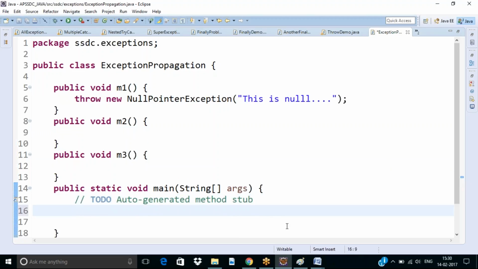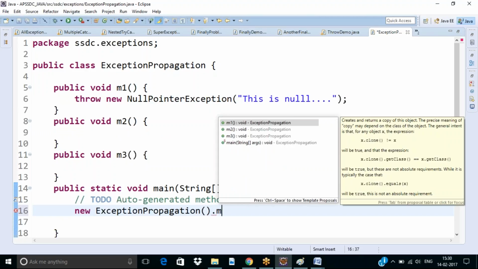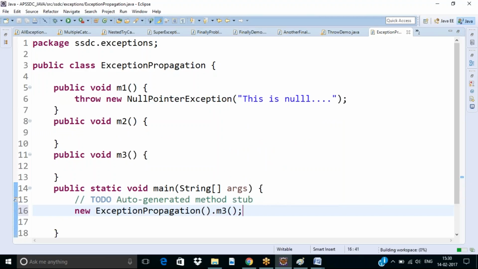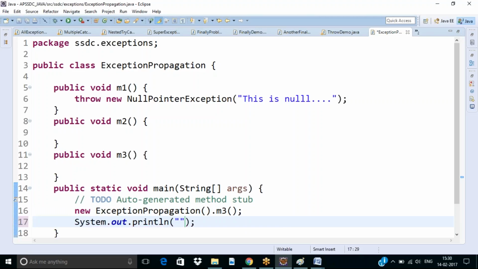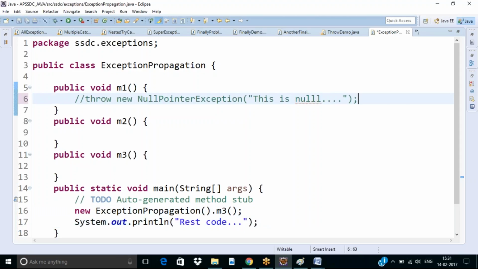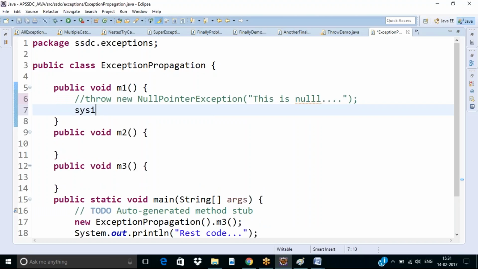ఇప్పుడు ఏం చేస్తుందంటే ఫస్ట్ మెయిన్ కాల్స్ M3 మెథడ్. సో హౌ టు క్రియేట్ ఆబ్జెక్ట్, new exception propagation, let us call M3 method. Of all these methods we'll call the M3 first. అన్ని మెథడ్స్ ఎగ్జిక్యూట్ అయిన తర్వాత లాస్ట్ లో మనం system.out.println రెస్ట్ కోడ్ చూపిద్దాం. We'll execute the rest code after that. అండ్ ఇక్కడ కూడా జస్ట్ మెథడ్ తీసేసి sysout